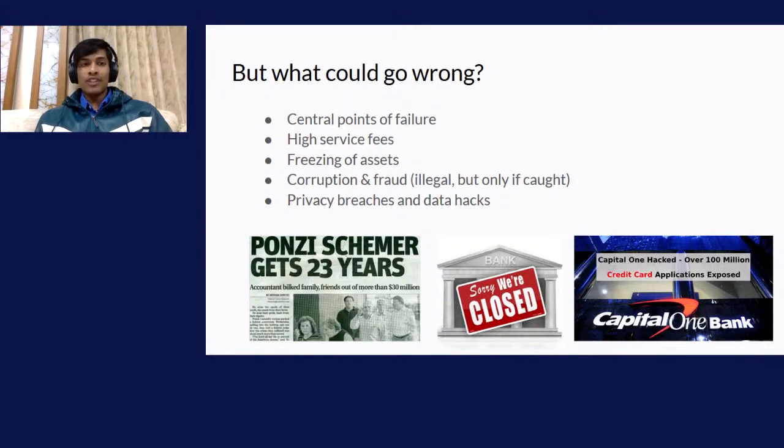It's also easy to freeze your assets. Imagine you having your money, but then someone comes in and they say that the money is demonetized, and in that case, you can't even access your own money, right? You have to stand in long ATM lines to be able to access it, even though that is your money. So why this is happening is because there's this central point of failure. There's this central point which is in control of someone, right?